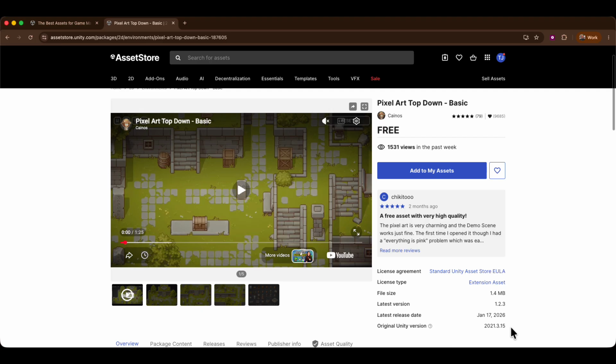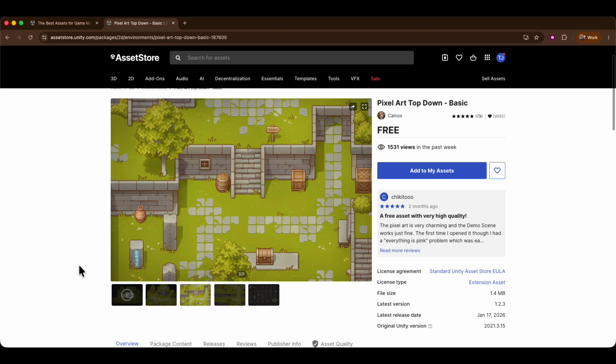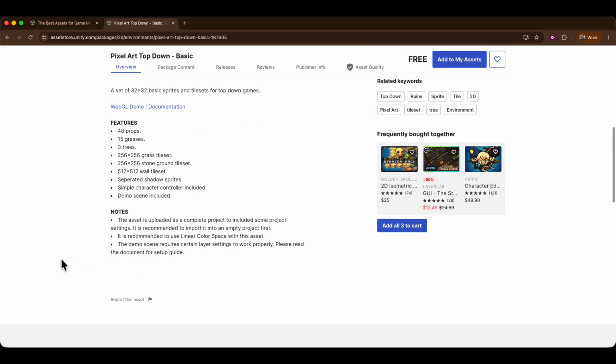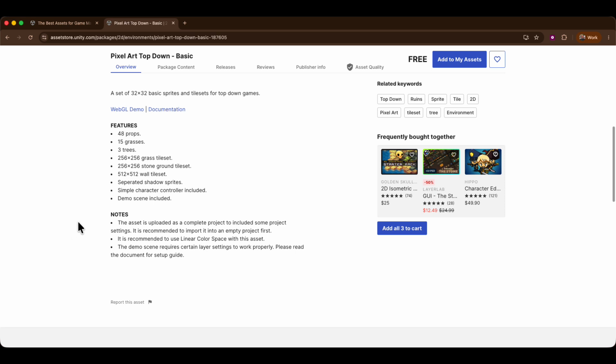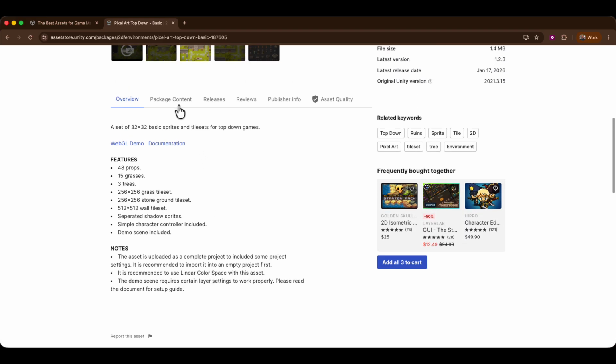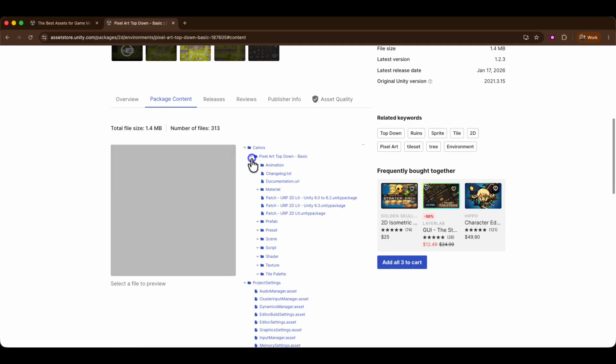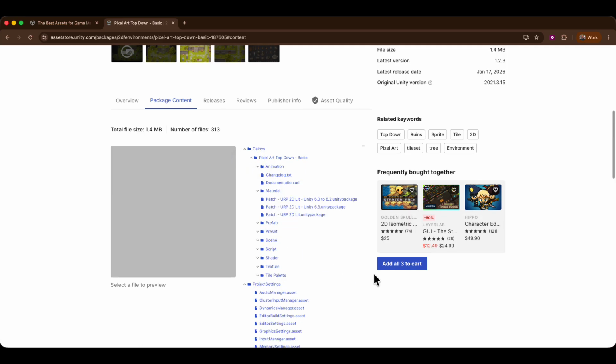If we want to review how the asset would look in our game, developers usually provide videos or screenshots. We can also scroll down to the overview, which usually provides detailed information about what is included in the pack, along with any notes from the developer. If we want specific details about what is included, we can click Package Content and review the content item by item. This all looks good to me, so I'm going to add this pack to my assets simply by clicking